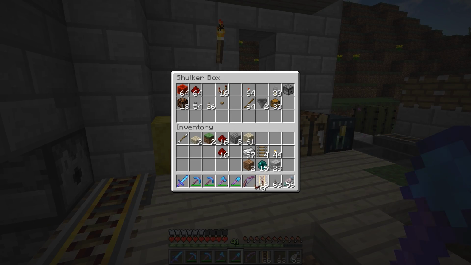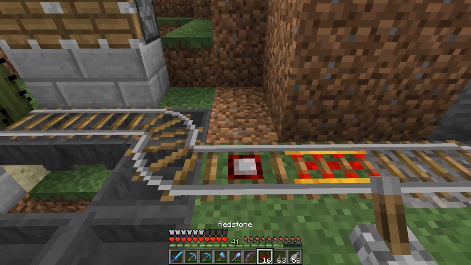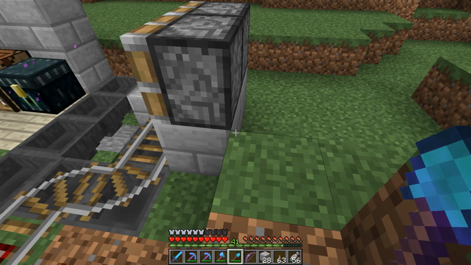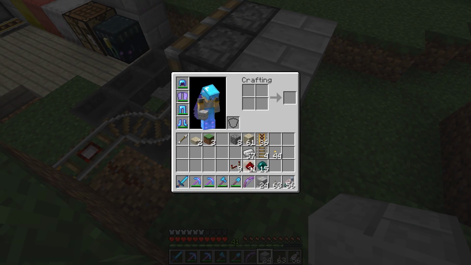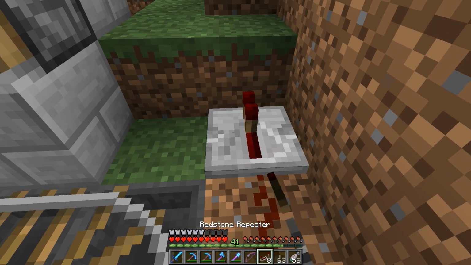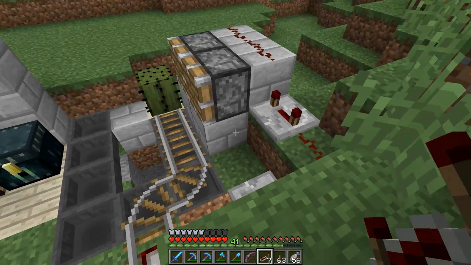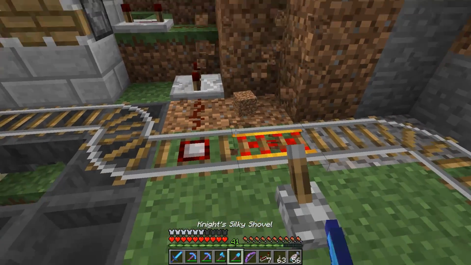So let's grab a repeater and a little bit of redstone, and we'll just kind of bring this up. Let's see. I suppose we could just go this way, and that should power both of them. And then we can do a repeater here with a little bit of delay, and a repeater there with some delay. Okay, so now